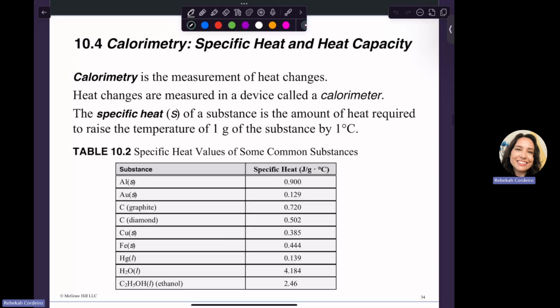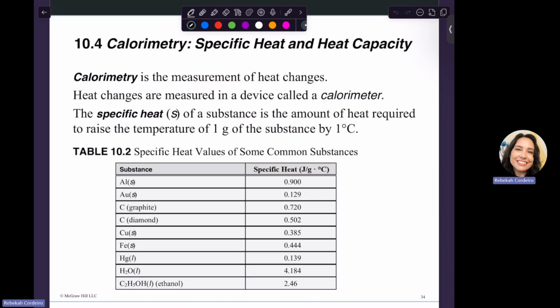heat capacity. So calorimetry is the measurement of heat changes. Literally we're just measuring how much heat goes into that. We talked about this in class, endothermic and exothermic. So how much heat is put into that system, how much heat comes out of that system. That's the measurement of that, which is calorimetry. We measure these heat changes in a device called a calorimeter. And we'll see some examples or images of those devices, and you'll probably do a lab with